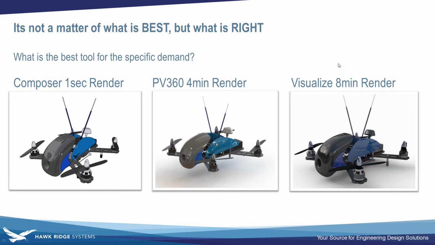So we'll show that. The second one, PhotoView 360, takes a little bit longer to create that rendering. The setup time is about the same as it is for Composer, and when we're talking about Visualize, it's about the same as well. So these are all very comparable for how much time you're spending in the application. These times are the time when you click render, how long you have to wait to get that image saved out. And so for PhotoView 360, this rendering here is a 4-minute render,